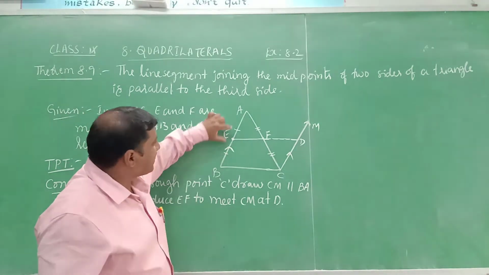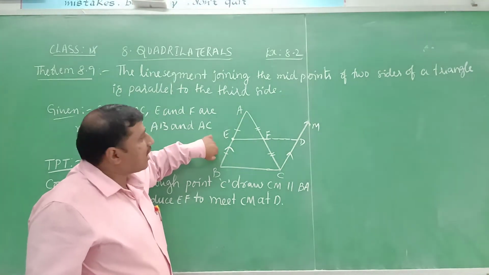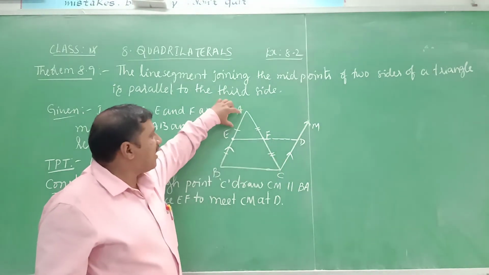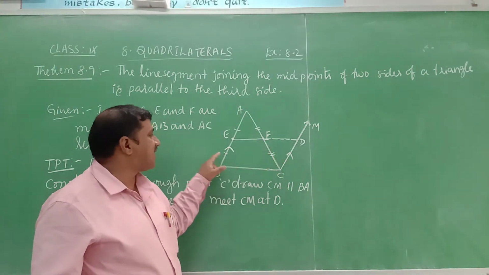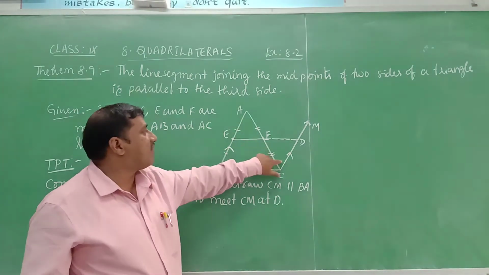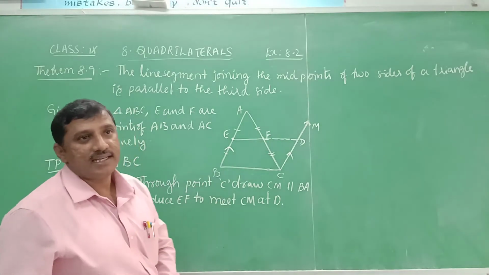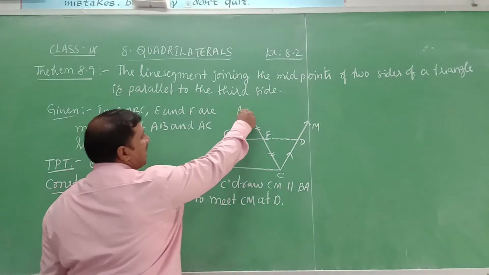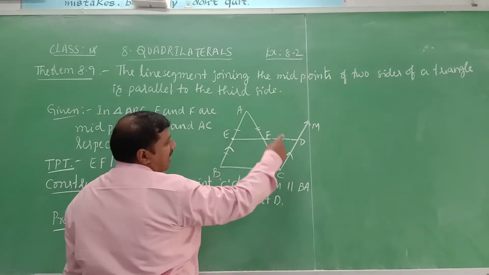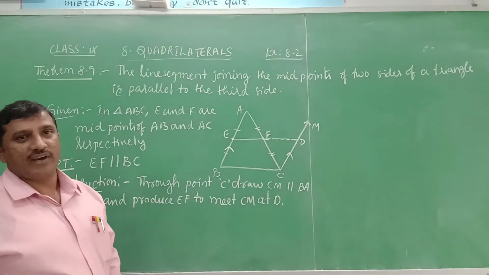We know BE is equal to AE, it is given because E is the midpoint. Now prove AE is equal to CD. If we prove AE is equal to CD, then CD is equal to BE. So to prove these two are equal, we need to prove these two triangles are congruent triangles. Which triangles? Triangle AEF is congruent to triangle CDF. By using the congruent properties we can prove.